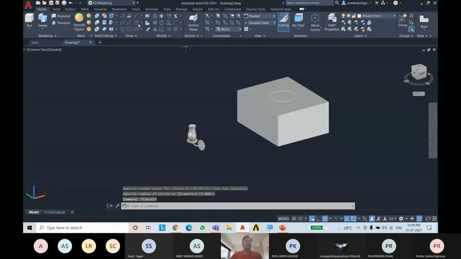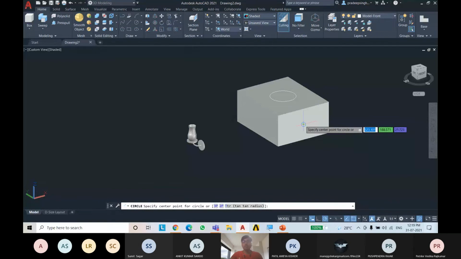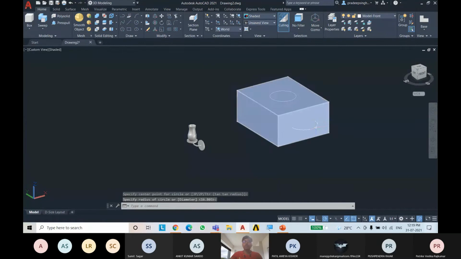If you select a circle and try to draw here, you will not be able to draw the circle in this space. To draw a circle in space, we need to change here from the front view. Now if you select this and go there, you can draw a circle.